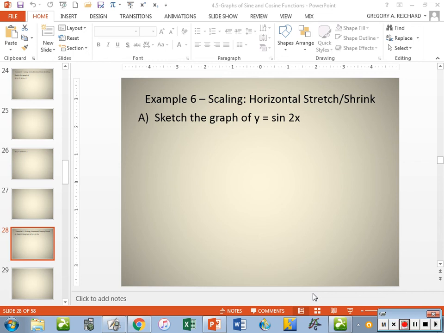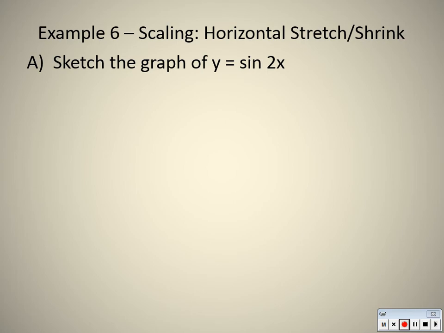So picking up where we left off with sine and cosine graphs, we did some different things with showing how the sine and cosine graphs were affected by some different things involving the y-coordinate. So that is by vertically stretching and shrinking, and that's also by vertically shifting either up or down. So what we're going to look at next is some different things that affect the sine and cosine graph horizontally